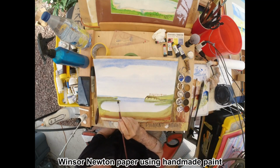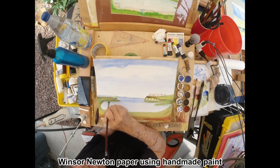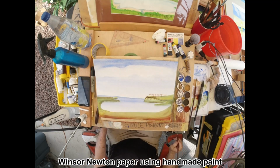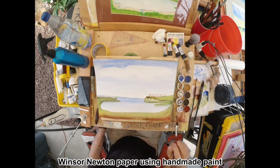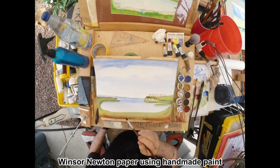Okay, and you can see I've re-wetted it, and we've got a little bit of a reflection going, a reflection of the marsh. And then we've of course got a reflection above. And what we've got here on the shoreline is a lot of vegetation, and I am just taking some of what I've got,